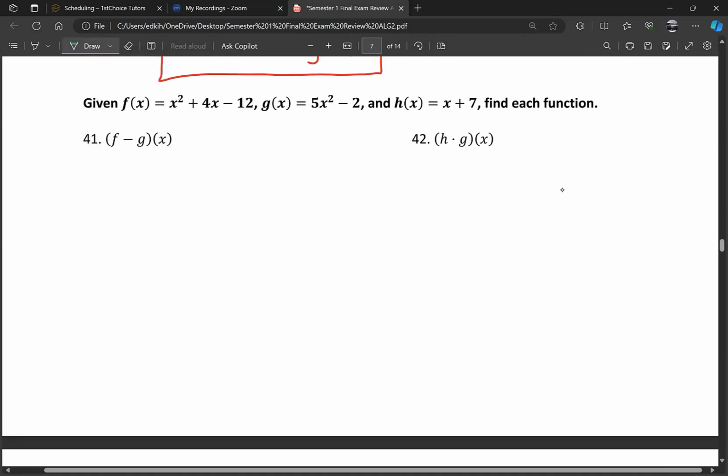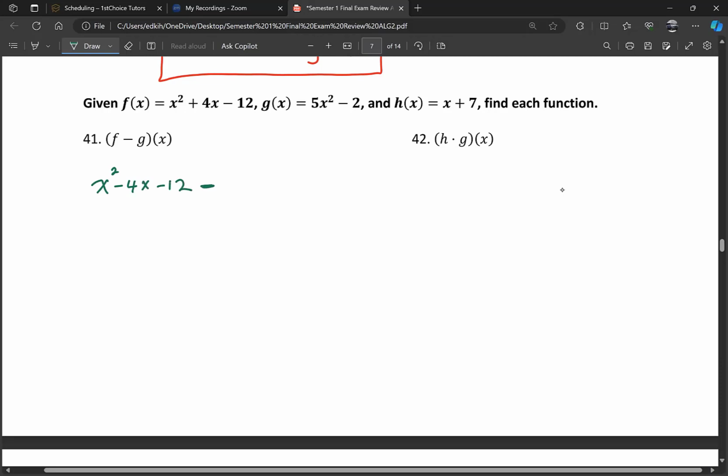Given this equation and that equation, this is function notation. We are given three functions, f, g, and h of x. The first question is to subtract f and g. Simple as that. You're going to take the function f, which is x squared minus 4x minus 12, and you're